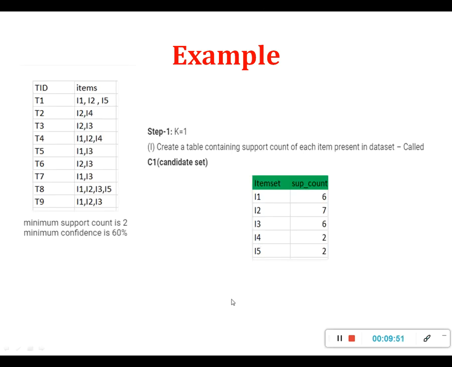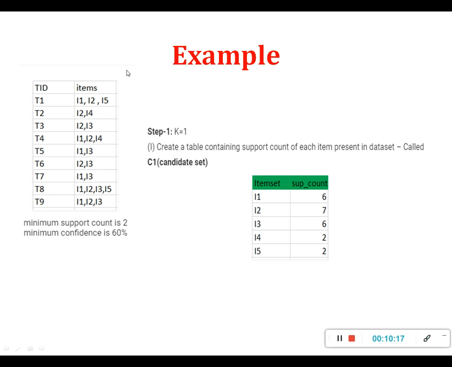Now we need to solve this by using the Apriori algorithm. So what does this algorithm say? We are going forward with the k frequent, right? So k frequent will start with 1 frequent, 2 frequent, 3 frequent likewise. So we are moving up to the k frequent. Starting with k equal to 1, we have to choose the elements for the 1 frequent. So 1 frequent will contain only a single element at a time.